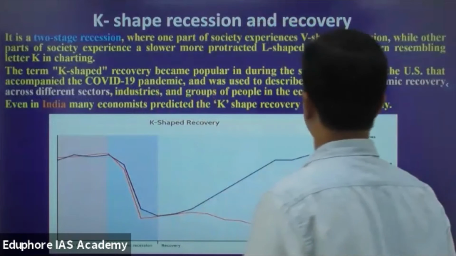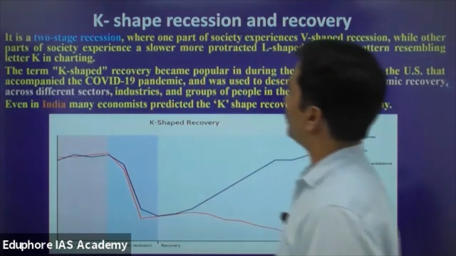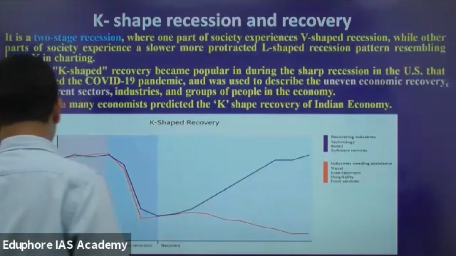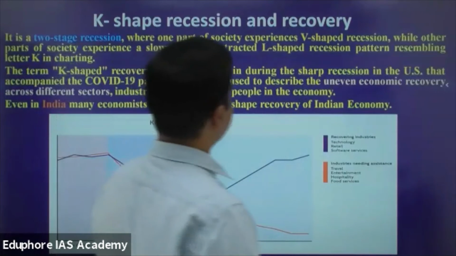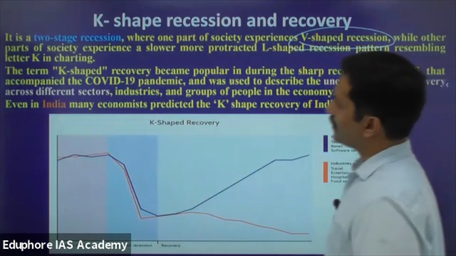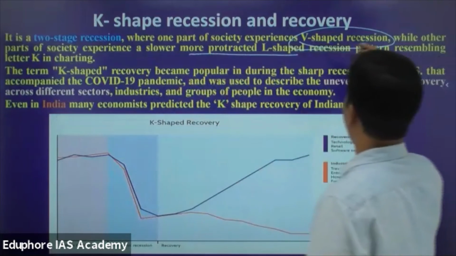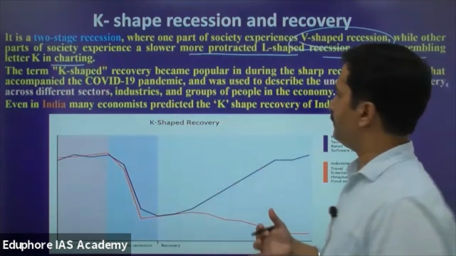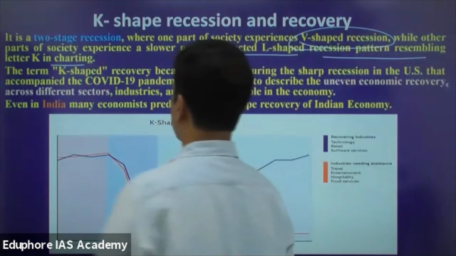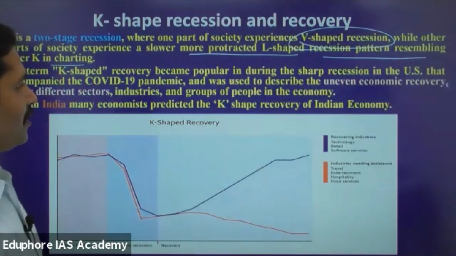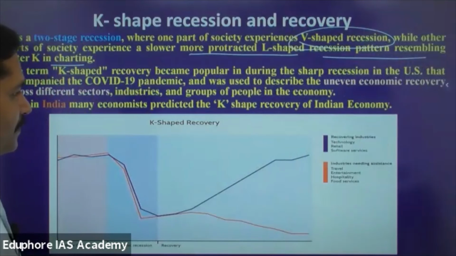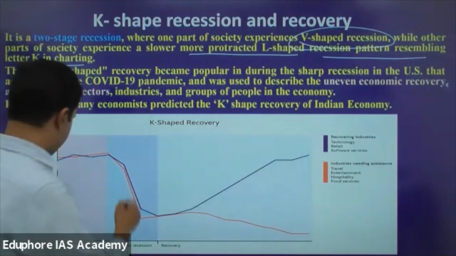Now K-shaped recession and recovery, it's a two-stage recession where one part of society experiences V-shaped recession, while other parts of society experiences slower, more protracted L-shaped recession pattern resembling letter K in charting। The term K-shaped recovery became popular during the sharp recession in United States accompanied by COVID-19 pandemic and was used to describe the uneven economic recovery across different sectors, industries, and groups of people in the economy। Even in India, many economists predicted the K-shaped recovery of Indian economy। So K-shaped recovery means economy goes down,